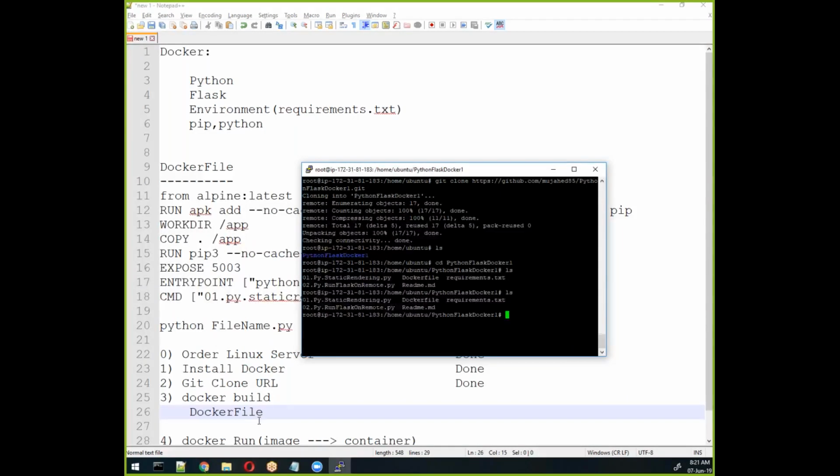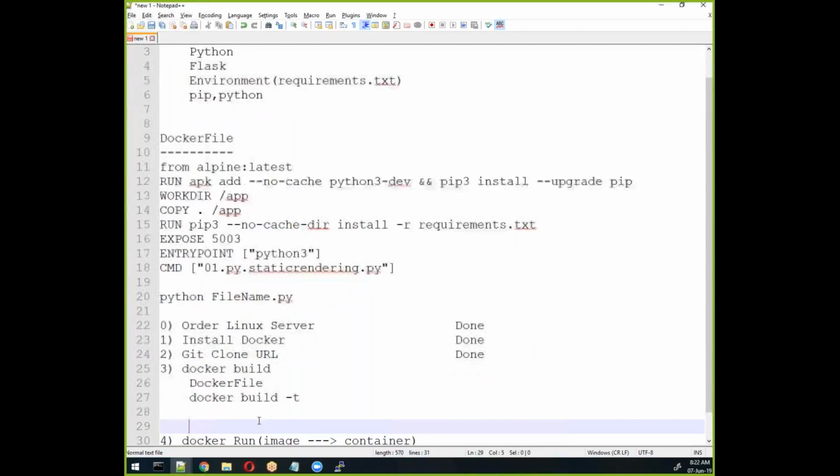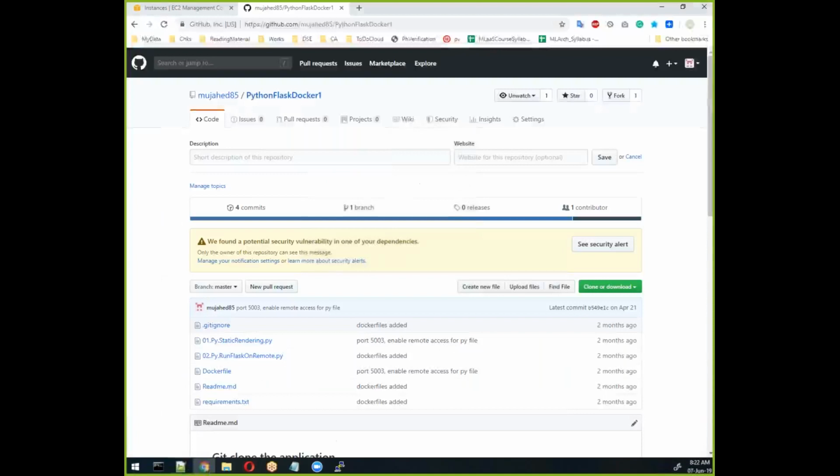What we need to do in Docker build, I'll show you. A Docker command starts with the docker keyword and then a sub command. The sub command is build, and then here we need to specify -t. With that t, you need to specify the name of your Docker image. So here I need to specify the name. I specify docker-flask-1. Suppose, any name you can specify. I'm specifying this name, and this name is available basically